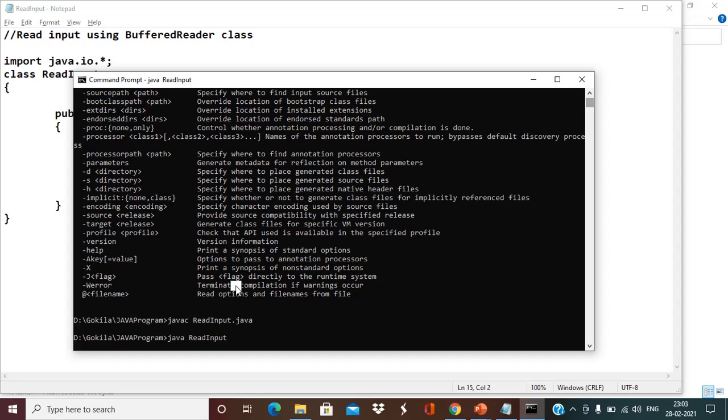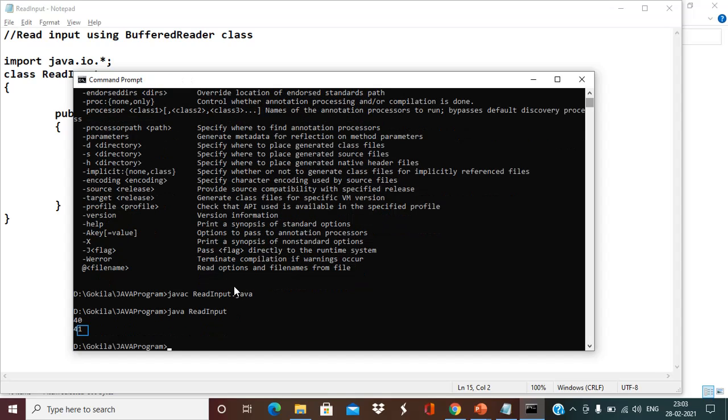I'm giving a value 40 that is assigned to the variable a, and the same value will be displayed after incrementing by 1 with the help of the pre-increment operator. So we'll be getting 41 as the displayed output. See the value 41. The 40 is given, that is assigned to variable a. After incrementing it by 1, the incremented value will be displayed.